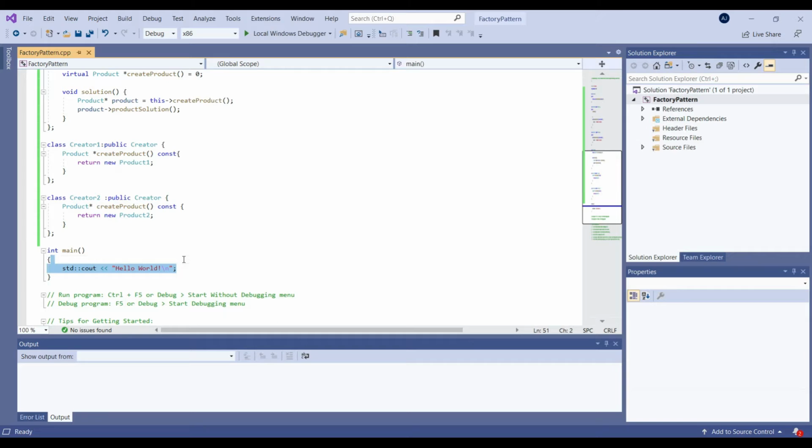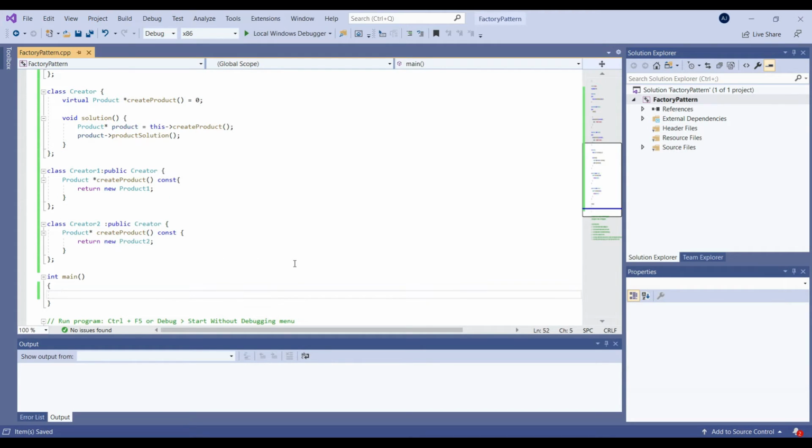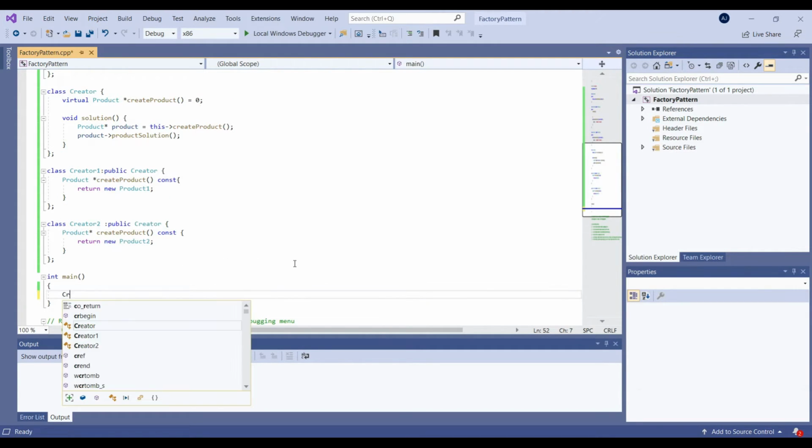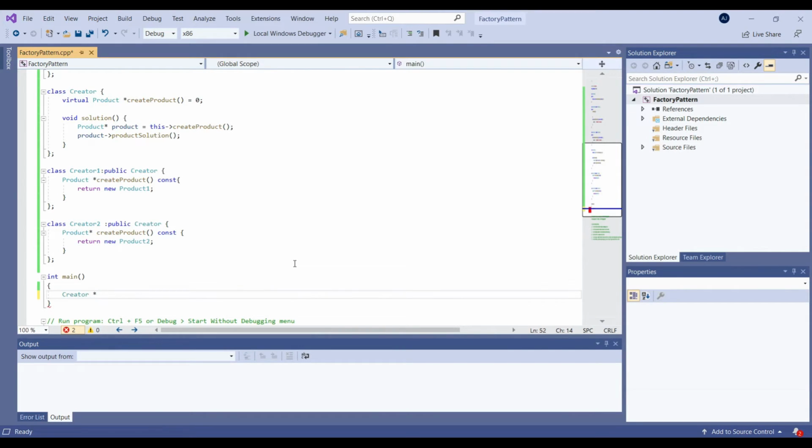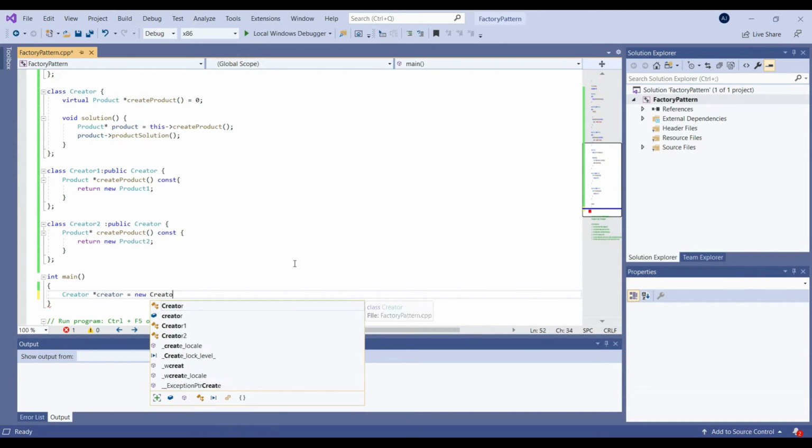So in the main function, I usually write client code, but I'll just write the callers directly. So basically, let's say I'm creating a creator pointer, and I'll assign creator1 to it.